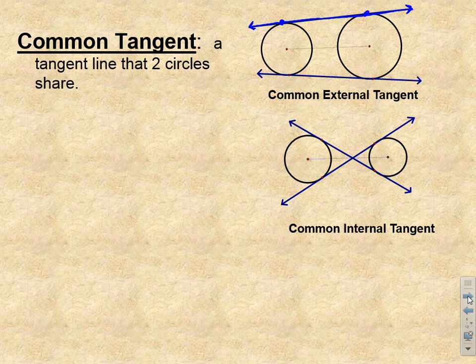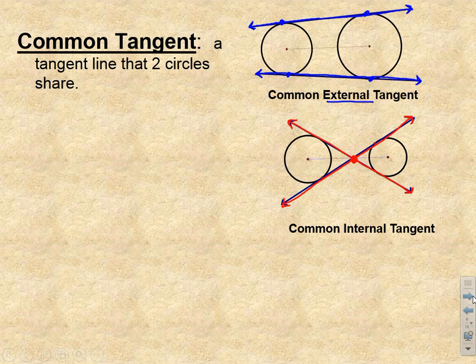Okay? And it's a common external tangent because if you think about it, we're outside of the two circles, so we call those external tangents. But then if we want common internal, these lines here are intersecting the circles still once, and then they actually intersect each other in between the two circles. So we kind of say that the tangents are in between the two circles, therefore they're internal